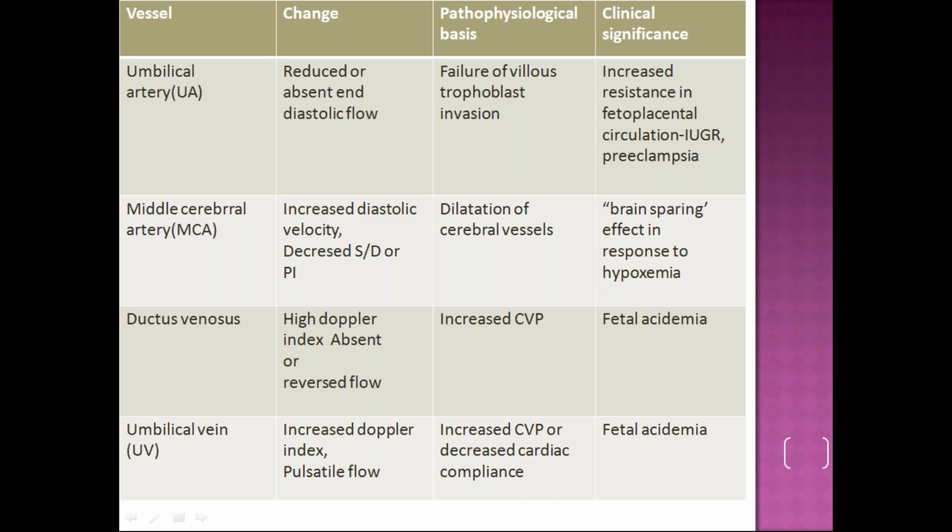The umbilical artery indicates how much blood supply there is for the baby. In IUGR or placenta previa, you will find increased resistance. The middle cerebral artery responds to hypoxia, with dilatation of cerebral vessels: increased diastolic velocity and decreased S/D ratio or PI. So the baby's brain circulation will be preserved, but the baby is not doing properly. The ductus venosus, again, if increased,